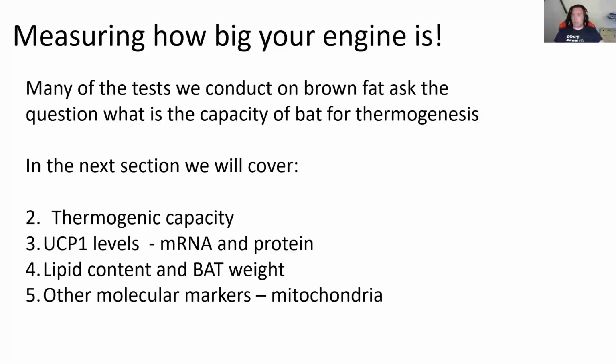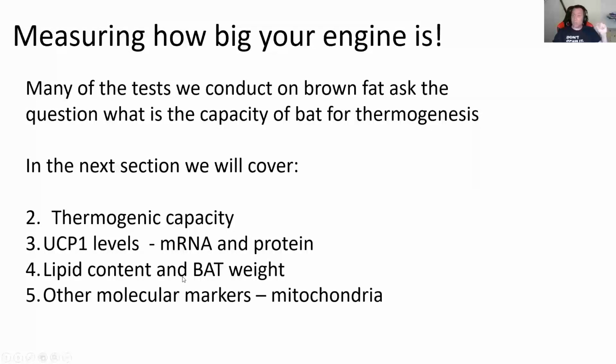Okay, so now we're going to go back to our analogy of the car, and we're now going to look at measuring BAT function and measuring how big our engine is. Many of the tests we conduct to see how functional BAT is ask the question, what is the capacity of BAT for thermogenesis? The first one we're going to talk about is a calorimetric method called thermogenic capacity. Then we're going to briefly revisit UCP1 levels at the mRNA and protein levels,